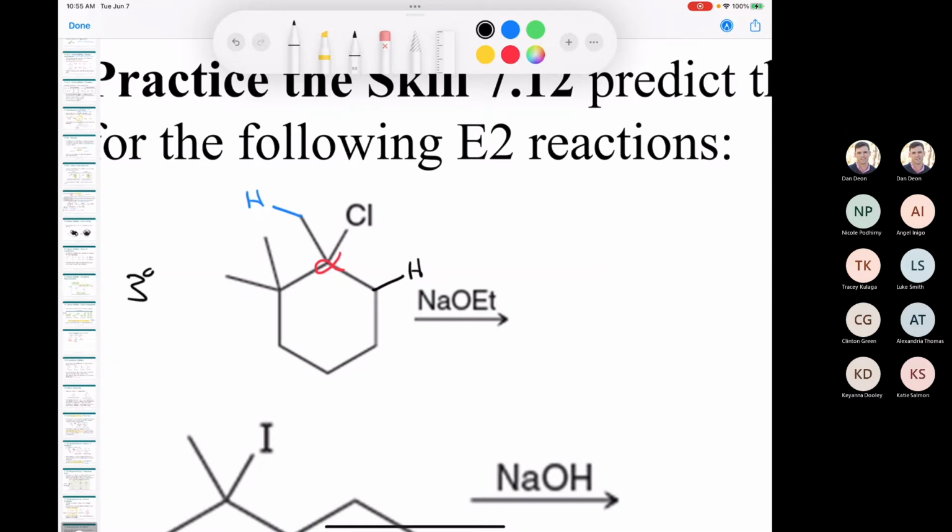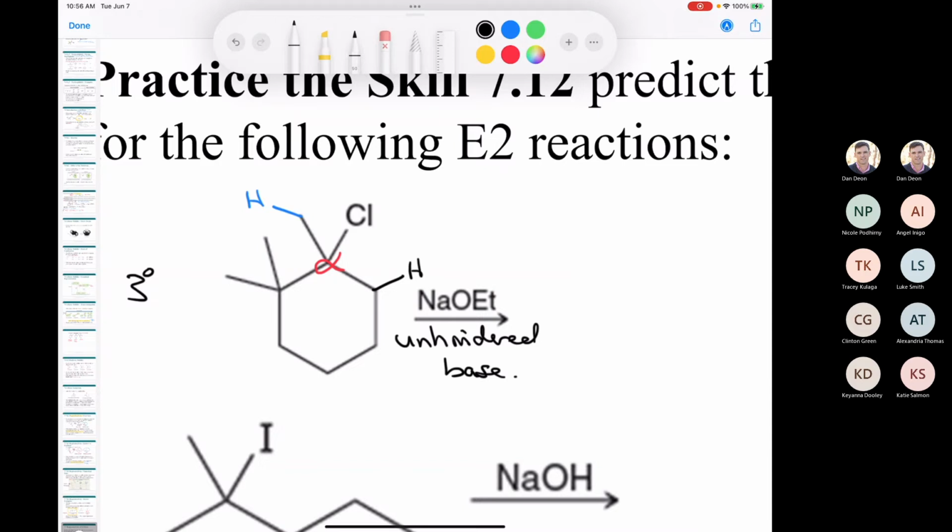Keep in mind, I've got a tertiary alkyl halide, and I have an unhindered base. If I have an unhindered base, which proton is it going to pull off preferentially, the black one or the blue one? Could anybody tell me the answer to that? If I have an unhindered base, what do you think I'd pull off? Yes, absolutely. Both of my students are correct. I'm going to pull off the black proton because it's more